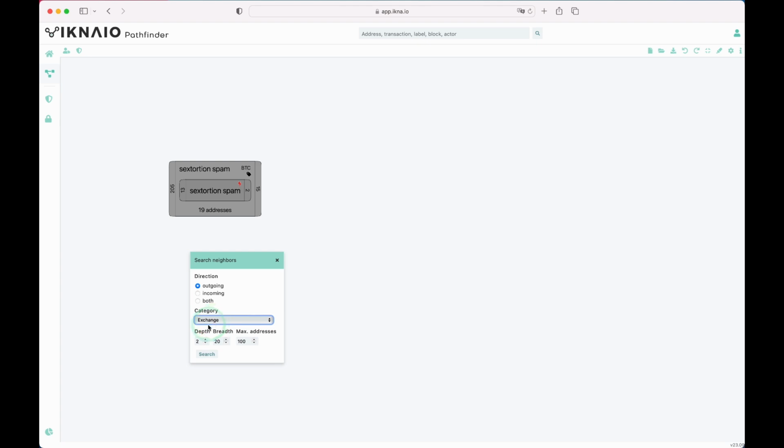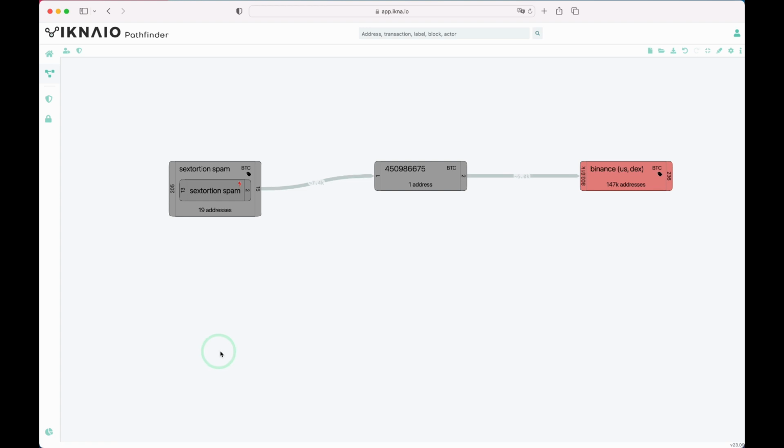Lastly, you can choose the parameters for your search. By changing the depth, breadth, and number of addresses, you can control the scope of your search. If you are uncertain which parameters to choose, start with the default settings and increase them step by step if you don't receive any results. Finally, by clicking on Search, you can start the automated path search. When looking at the results, we see that the money collected from the victims arrived at a known exchange via